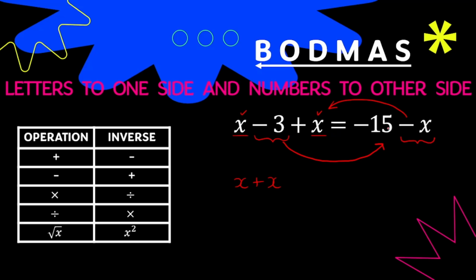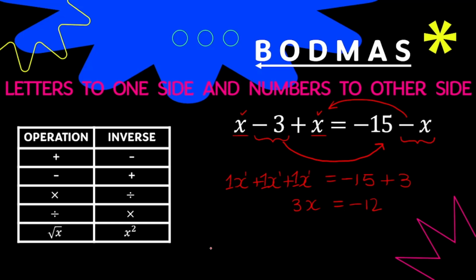I've moved this x that's on the right-hand side over and it becomes a plus x. Got this minus 15 and I'm going to move this minus 3 over and it becomes a plus 3. Now I'm just going to simplify because I have all the letters on the left and all the numbers on the right. So that means, remember there's a magical 1 here in front, so 1 plus 1 plus 1, and all my variables are the same. They have the same power of 1. Put them all together, I'm going to get 3x, and minus 15 plus 3 is just going to be a minus